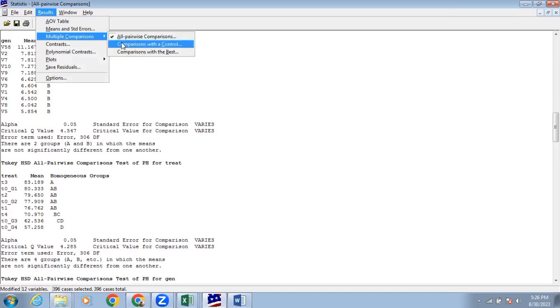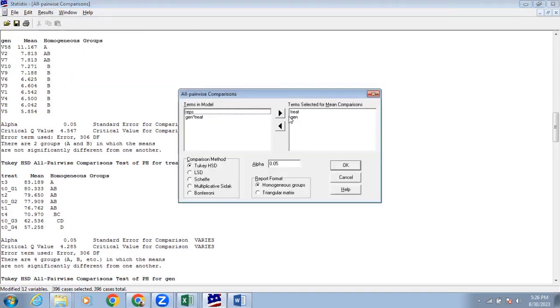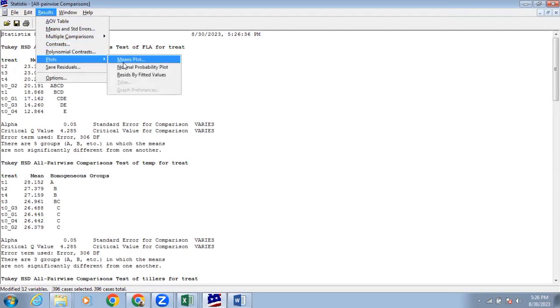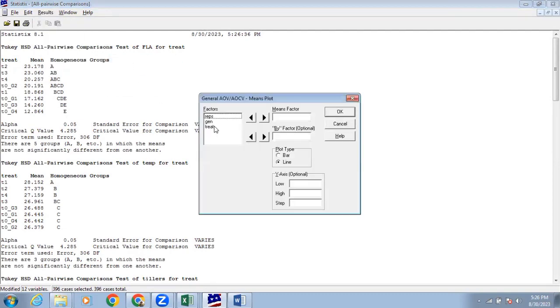If you go to multiple comparison, all pairwise, just remove this, go with this. You have only treatments now. Just copy and paste the results, and these 3 columns will help you to make a bar chart, for example, a bar chart with letters. You can also make a bar chart here. Go with plots, plots with the means. You need means for treatments,